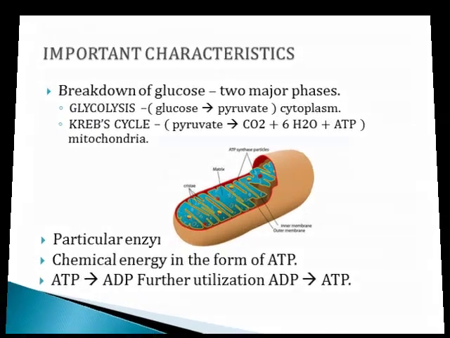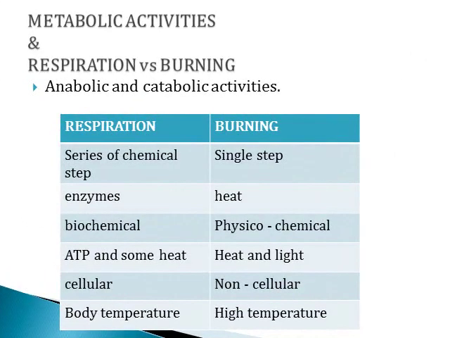So now clear, children? Next, we very well know all living organisms have their own metabolic activities. The metabolic activities in living organisms can be of two types. One is anabolic, another one is catabolic. Anabolic is a constructive or biosynthetic process which consumes energy. Catabolic activity is a destructive or breaking down process which synthesizes energy. Very simple: anabolic consumes energy, catabolic synthesizes energy.